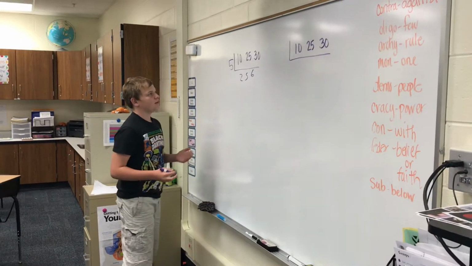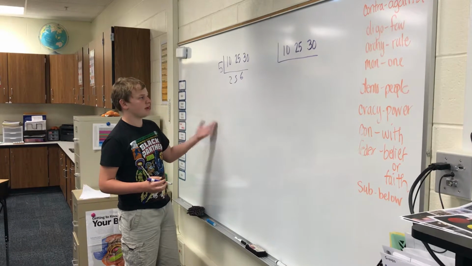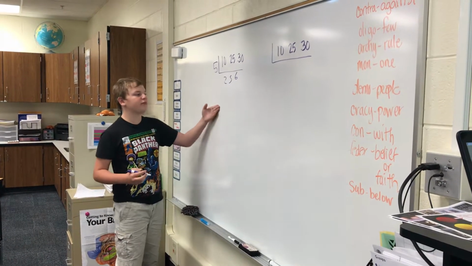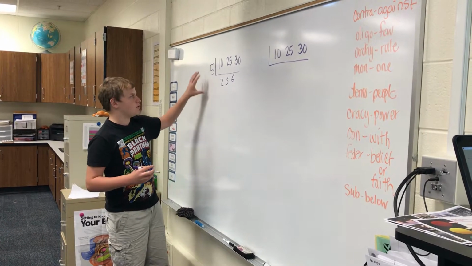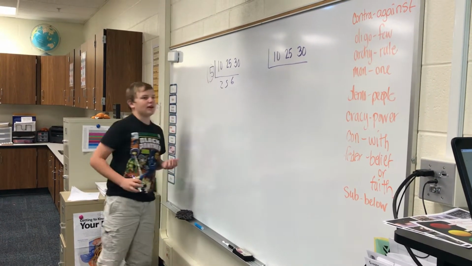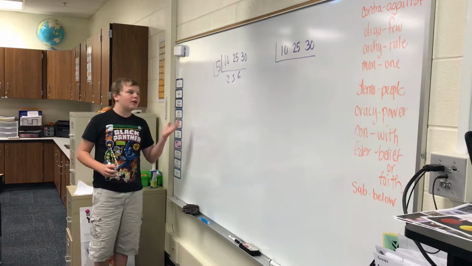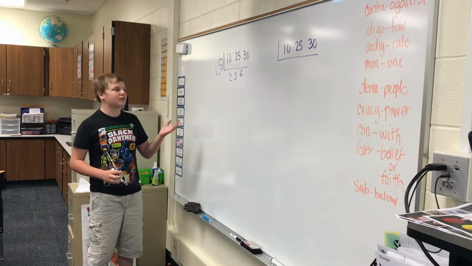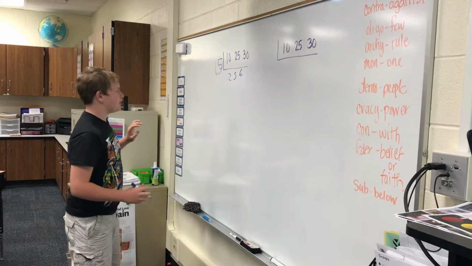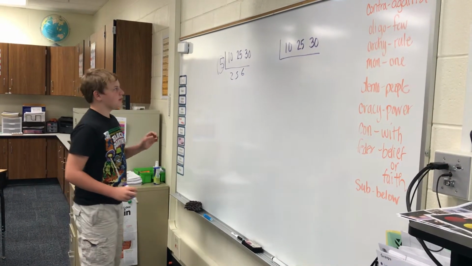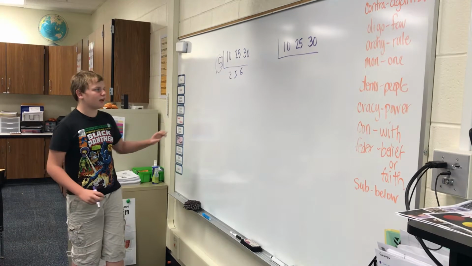So, since you can't divide all three of these numbers by this same number, your GCF would be 5. But then I got curious and I was like, well, the GCF's 5. But what's the LCM of the numbers? So we went over this yesterday and we were like, you could find the LCM by multiplying,